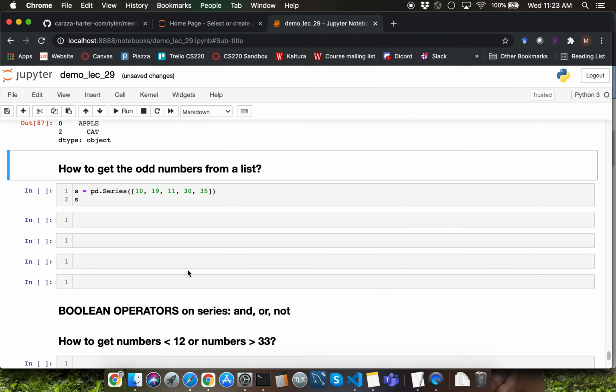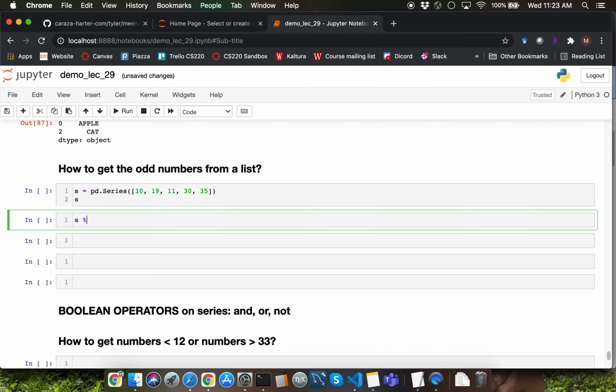Let's go through the next example, which is asking how to get odd numbers from a series S here, which is generated from a list of numbers. Recall that you can apply mod operator by specifying S mod 2 here.